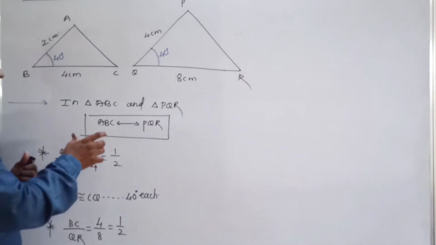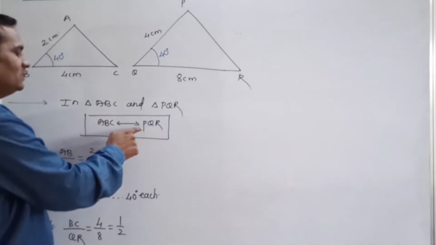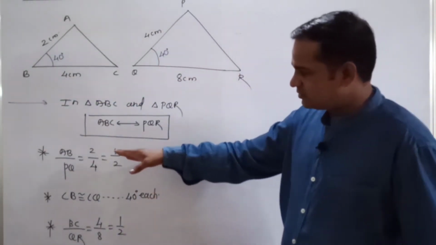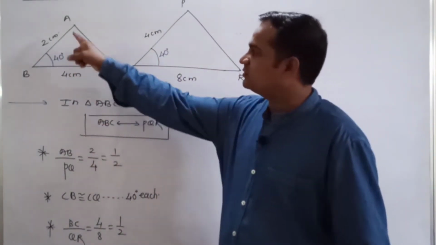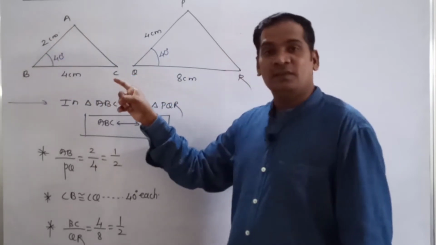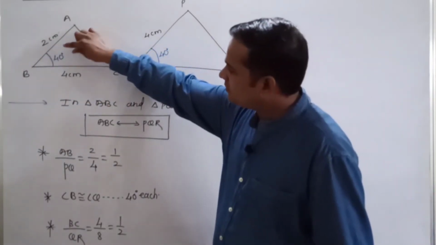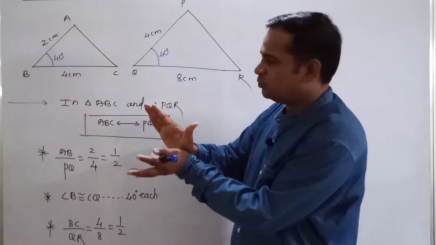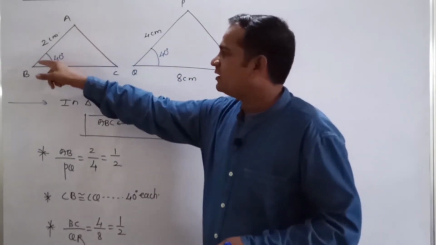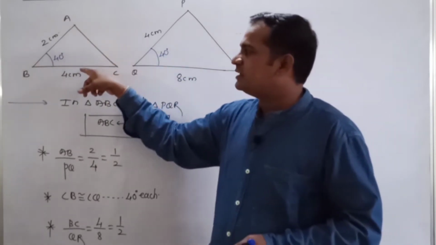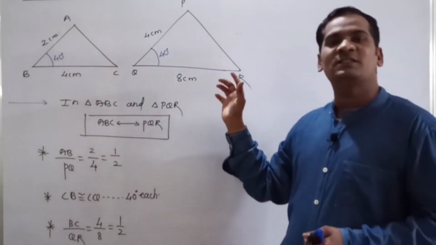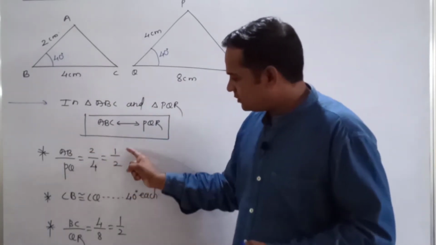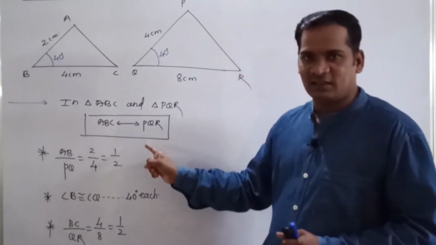Means what? In one-to-one correspondence between the vertices of two triangles, if any two sides of the first triangle, look at these two sides AB and BC, and the angle between them, now look at this angle B, that angle B is in between the two sides. Side angle side: any two sides are in proportion with the corresponding sides of the second triangle. Look at this correspondence, both ratios are equal to each other.